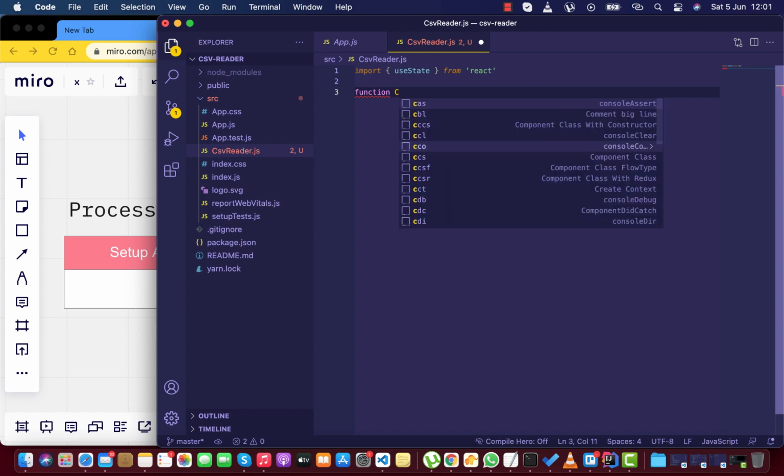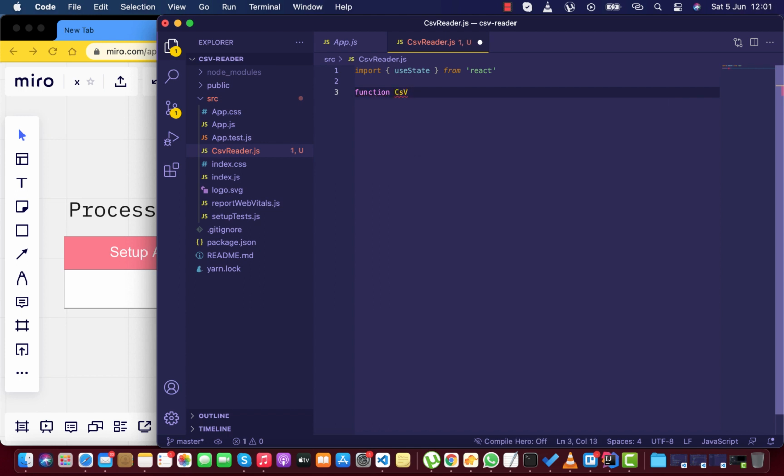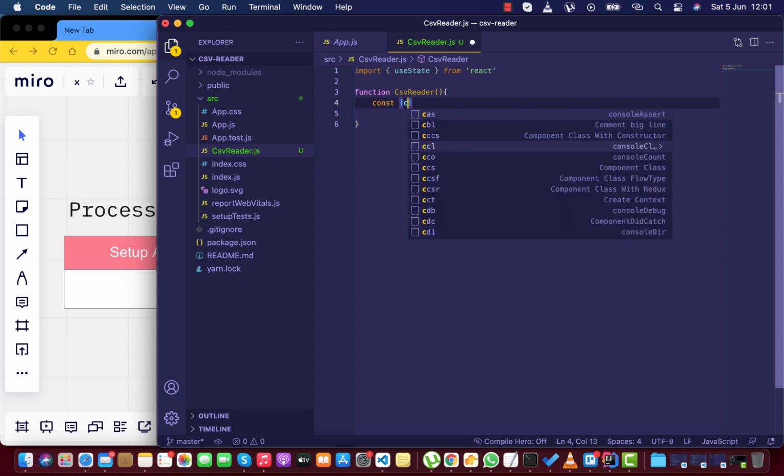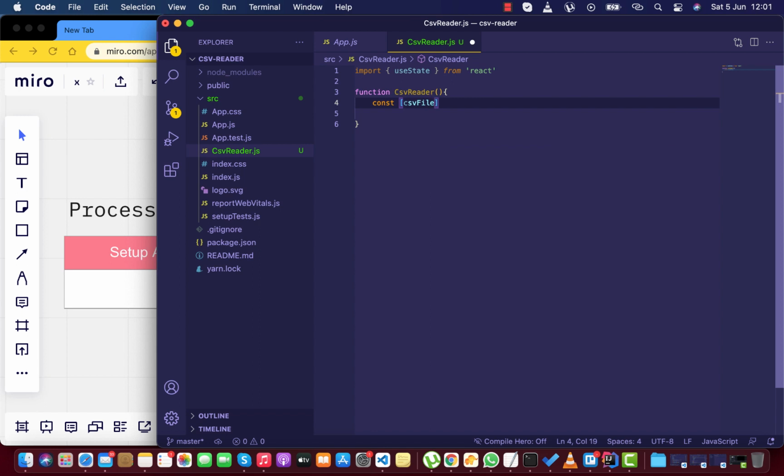Function CSVReader, with props. So inside it we'll have a const, say csvFile, setCsvFile, set to an empty state,